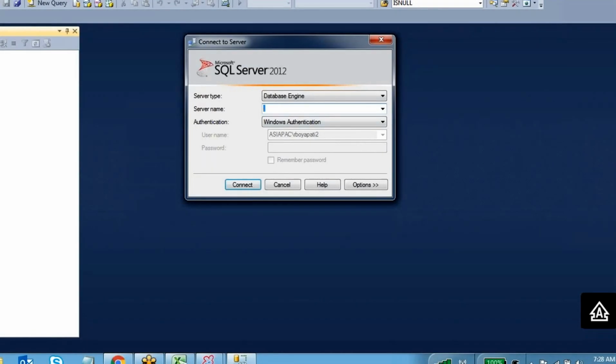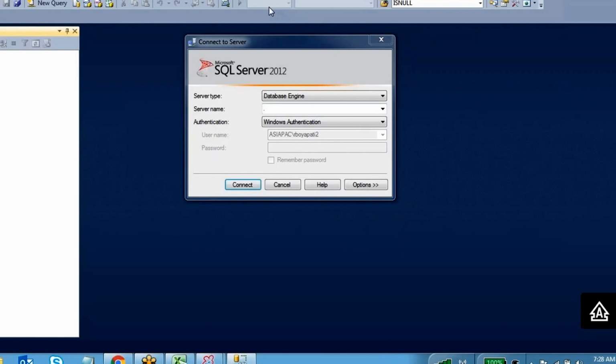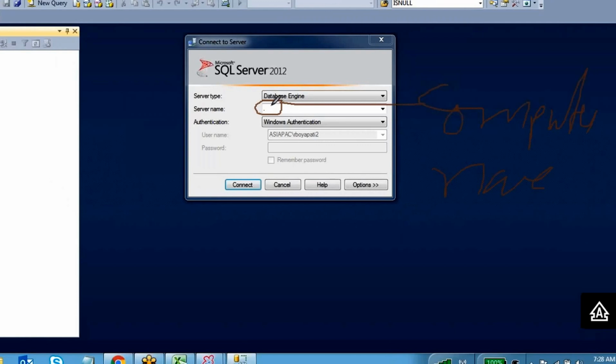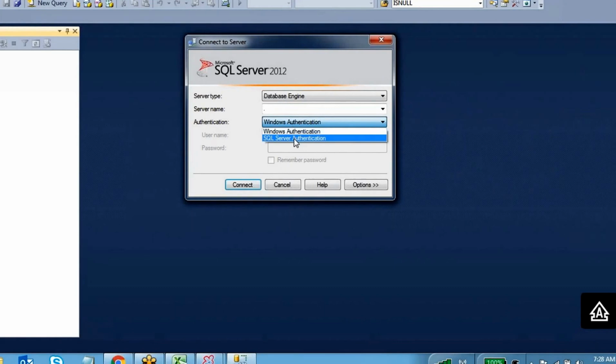Just come over here. Here you have to give the server name. If you are installing SQL Server on your local computer, you can give your computer name. If you don't know your computer name, just give a dot. There are two kinds of authentication, SQL Server authentication and Windows authentication.